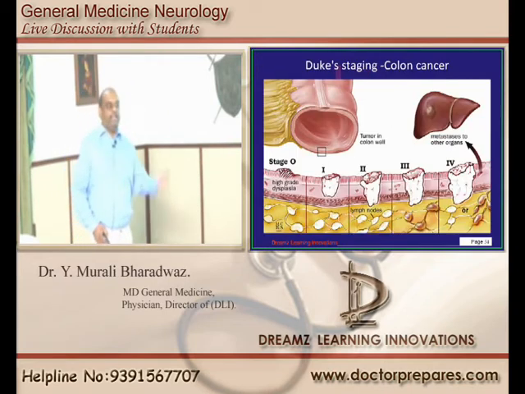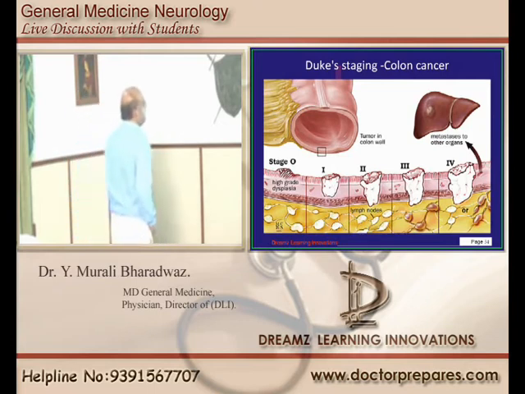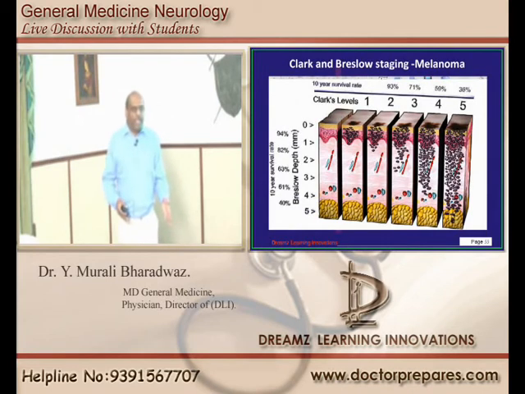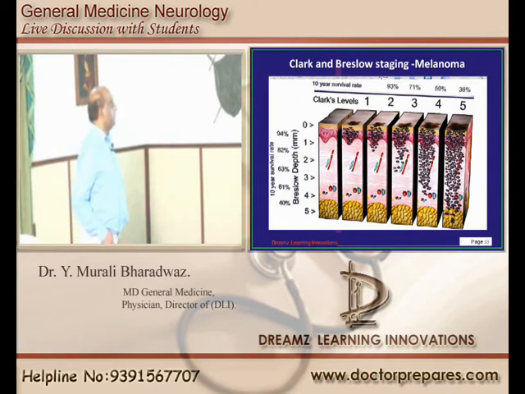Has the colon cancer already gone to the liver, or has it stayed in the colon, and how much of the colon has it involved? Did it involve the mucosa or muscularis? That is Duke's. Then how deep is your black spot? Is it melanoma? Clark and Breslow are the diggers. They believe the deeper it is, the more severe it is. Horizontal spread is not important, depth is important for them.